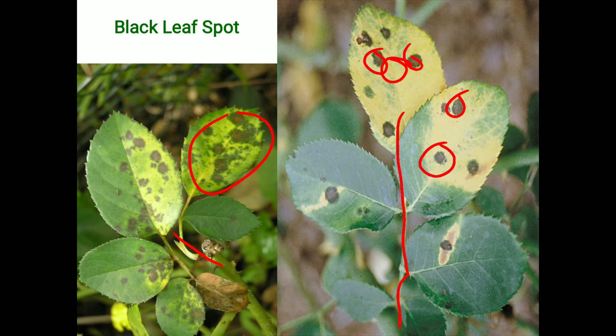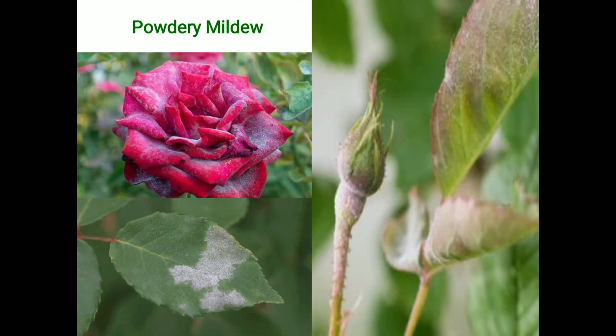The next disease is one of the most important diseases because it causes severe loss in yield. It is called powdery mildew disease. Powdery mildew of rose is caused by Sphaerotheca pannosa. Regarding symptoms, the disease appears as slightly raised blister-like areas on the young leaves. Soon the leaves are covered with grayish white, powdery growth.